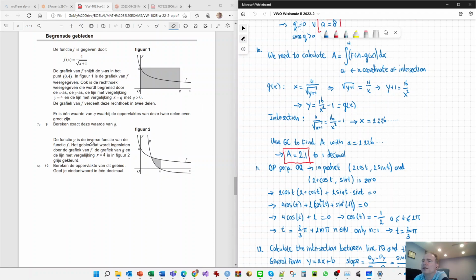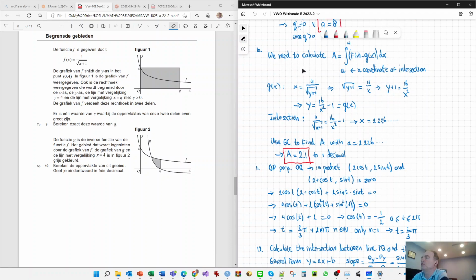Oh, sorry, I didn't mention that g is actually the inverse function of f. So, well, just first calculate the inverse then. Probably you can also use another property because a function and its inverse are kind of symmetric in the line y is x, so their intersection will always be on this line. I'm not sure, maybe that could lead to another solution, but let's just calculate